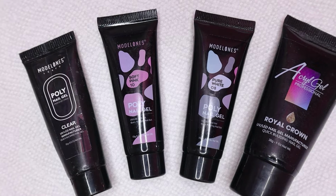I will be using the soft pink and white polygel from the kit, and I'll also be using my Modelones